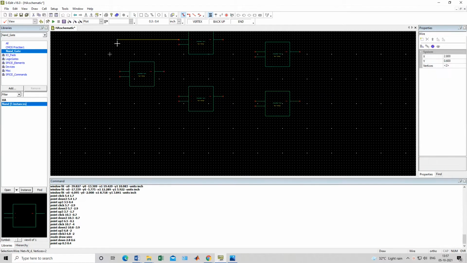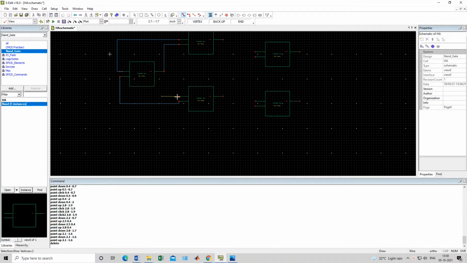One input will be common and it will be connected to this. Okay, done. This input will be common, connected to this. Okay, done. This one input will go to this also, and this one input will go from here to this one. This is how we have connected these three NAND gates.